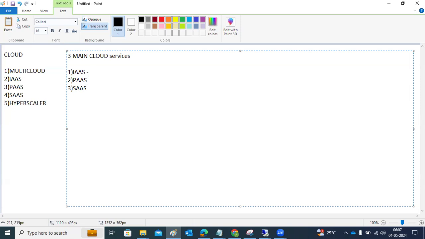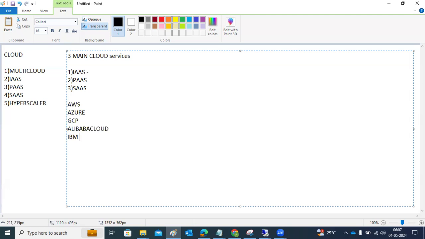Normally we know the list of cloud providers like AWS, Azure, GCP, and we have Alibaba Cloud and IBM Cloud. There are some cloud providers here.